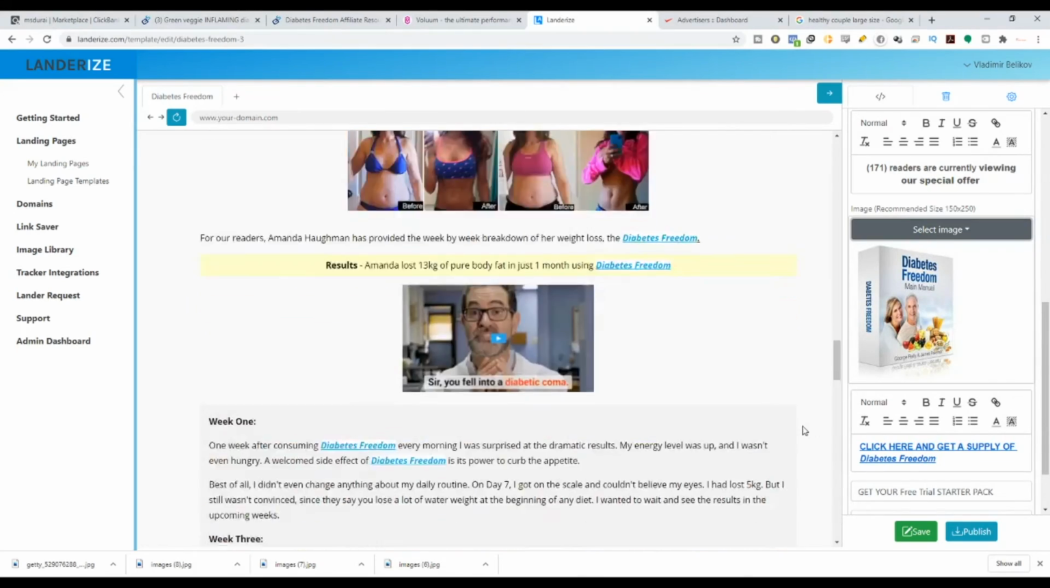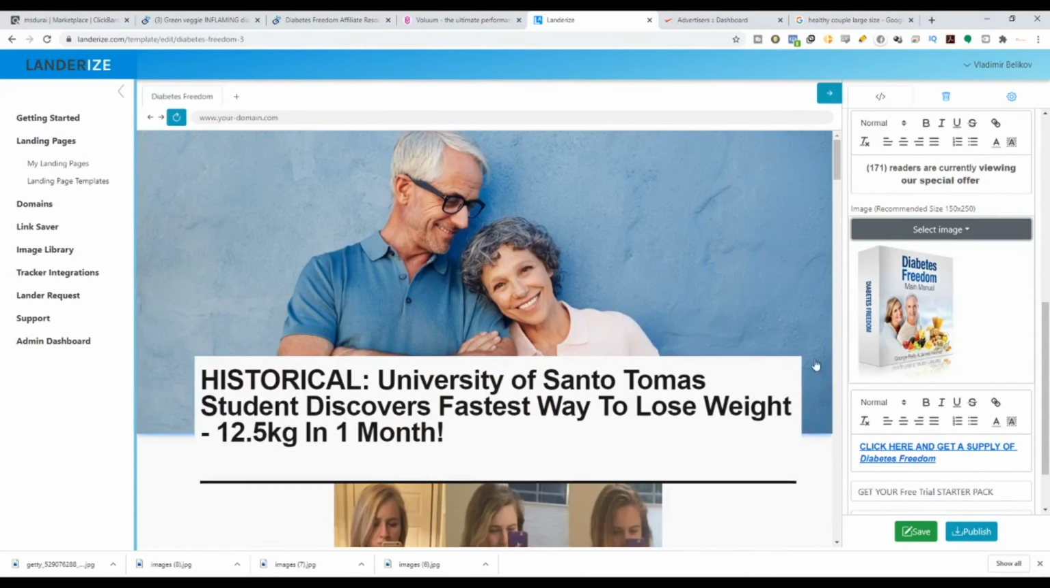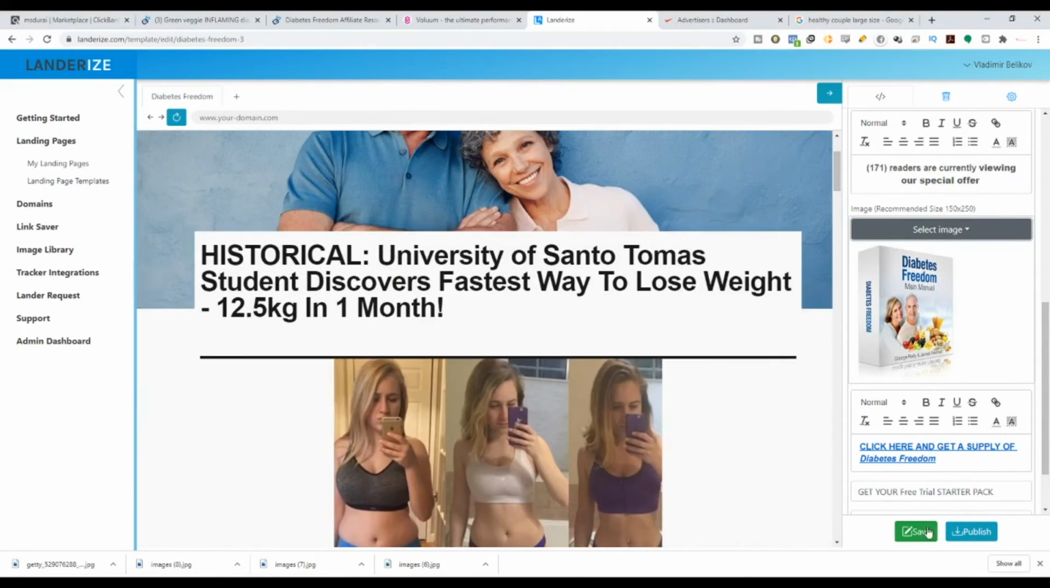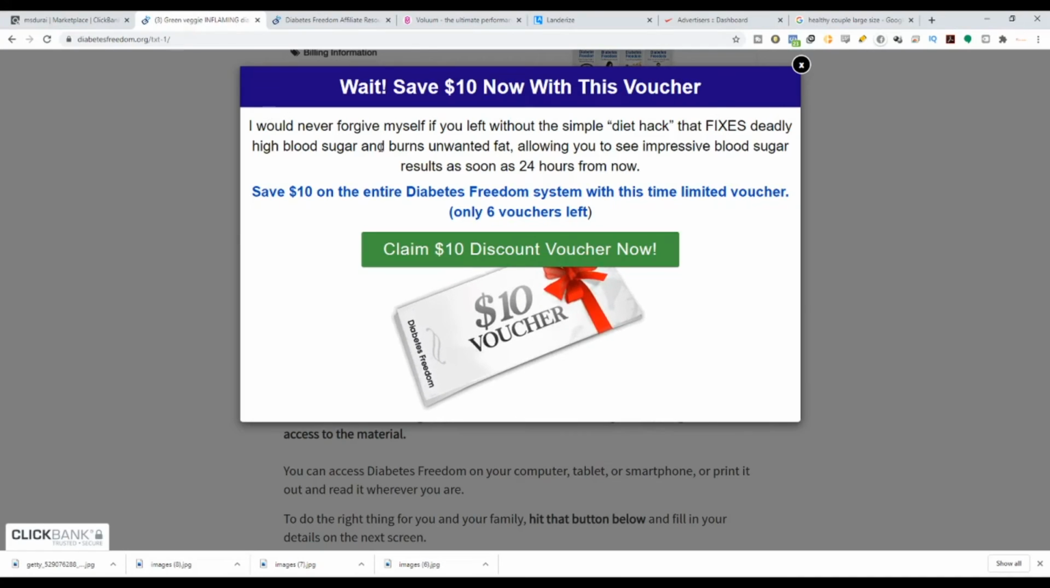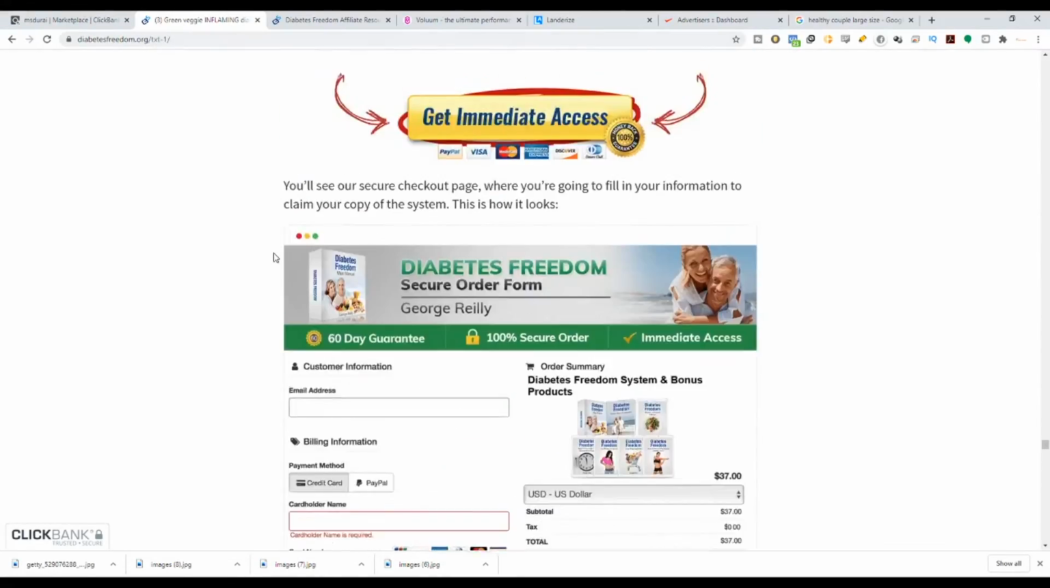And that's it, guys. That's all, and you have successfully created your landing page. So what you're going to do is you're going to hit save. You're going to do a final touch up where you're going to go to the gear icon here. You're going to rename the page title. Diabetes freedom is good enough. So if you want to do a different thing, you can actually see